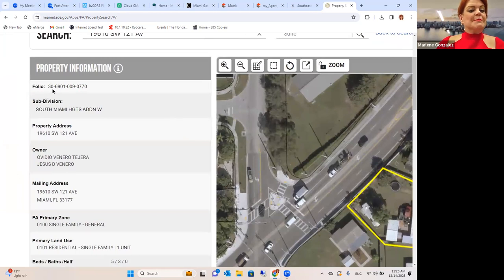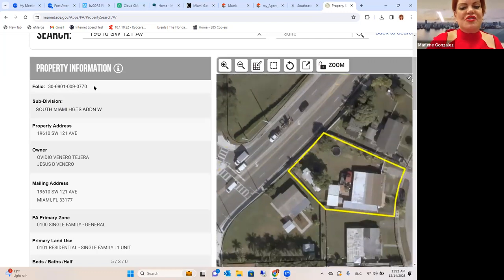In other words, the municipality is the first 2. The area is 69. The section is 01. So you could search properties only by this. 30, which is the municipality. 69, which is the area where the property is located. 01, which is the section. But we kind of found everything in that pocket when we did the map. 009 is the subdivision. And 0770 is the individual parcel